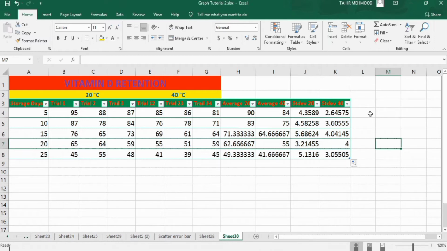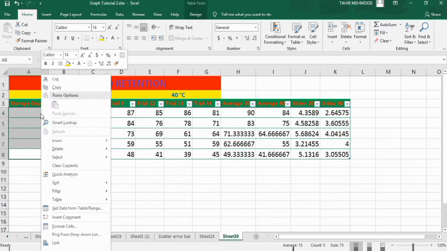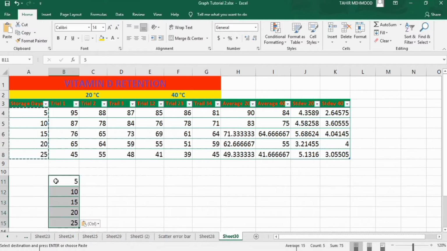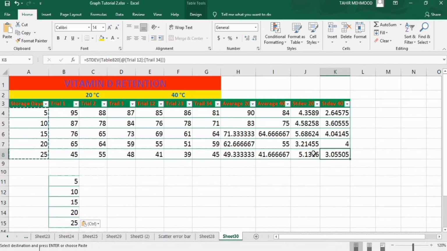So next step is to create graph. There are 2 methods. You can select this one and by holding control key select this one, or you can copy paste at a separate place. I will copy it at a separate place for your convenience. Copy it. You can see here I have copied without title. Paste it here. And now copy this one.